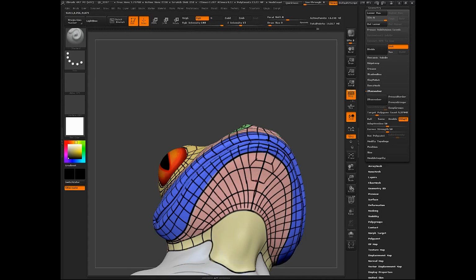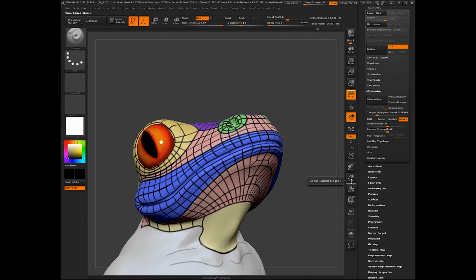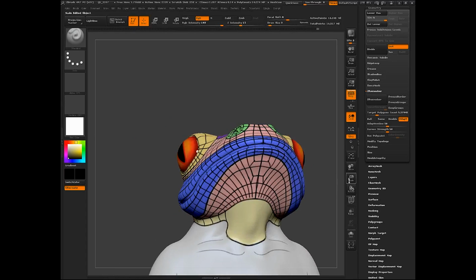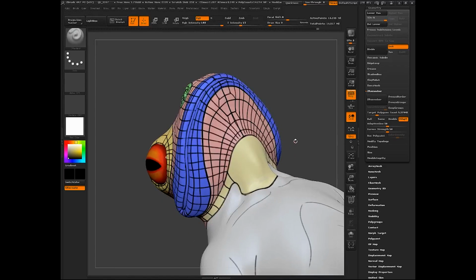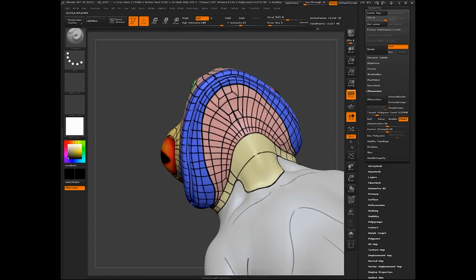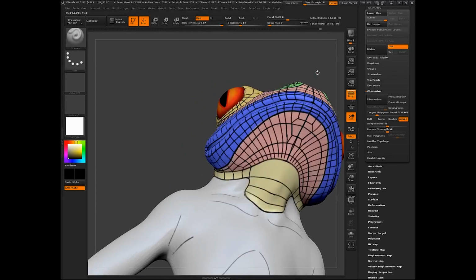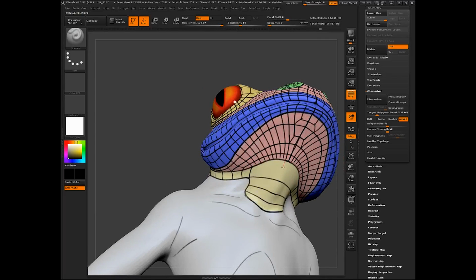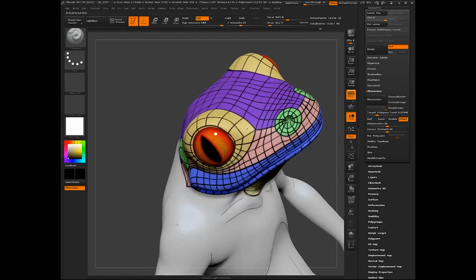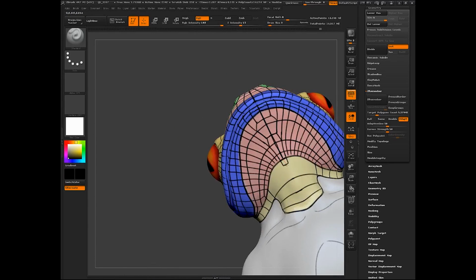So there we go. It's not pretty. It's all quads in there, but it's not pretty. We can go back and tweak that once we do our retopology. So I'll bring the neck loops around. We have a lot of geometry to deal with in here, so we're going to have to try and tie off some of these edges so we don't have to deal with as much. Bring our center line straight down.